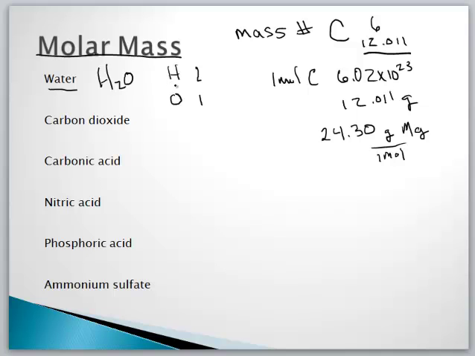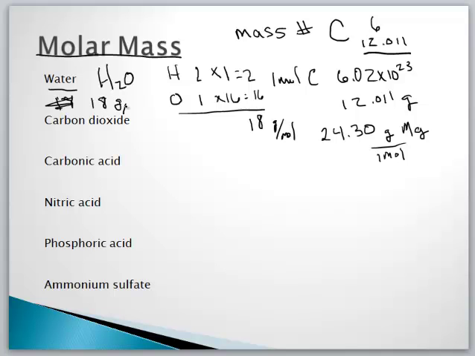So look up the molar masses on the periodic table and you'll find that the molar mass for hydrogen is 1 and the molar mass for oxygen is 16. 2 times 1 is 2. 1 times 16 is 16. If you add those together, you get 18. And again, remember, the unit is grams per mole. So we can say that the molar mass of water is